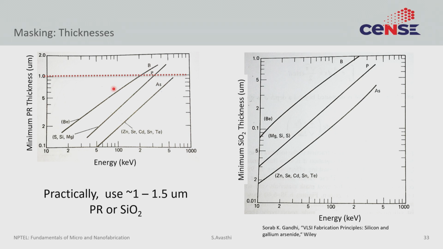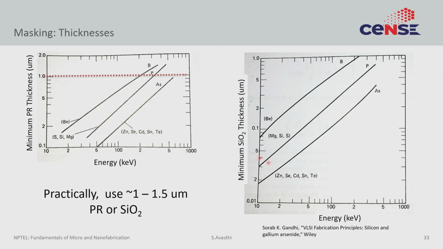And this 1 micron or 2 micron of photoresist is not thick at all, as we shall see during photolithography. This is very easy to do, this is very easy to deposit. So the easiest thing you can do is just during the lithography process create this patterned photoresist on top, but don't remove that photoresist. Get the ion implantation done and then remove the photoresist. So photoresist is your material of choice for masking when doing ion implantation. Try to avoid silicon dioxide or silicon nitride. If you are going to use silicon oxide or silicon nitride, make sure those films are very thick.